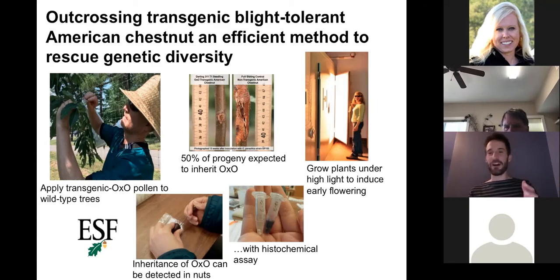The kids would all have Genghis Khan as their dad and a lot of different moms. Okay, so if the population was only based on the descendants of this one tree, it would be kind of an inbred population because it has this one dad. So we need to basically use a lot of generations of breeding to these wild trees to dilute out the dad genome, which is the original tree we transformed with this oxalate oxidase gene,